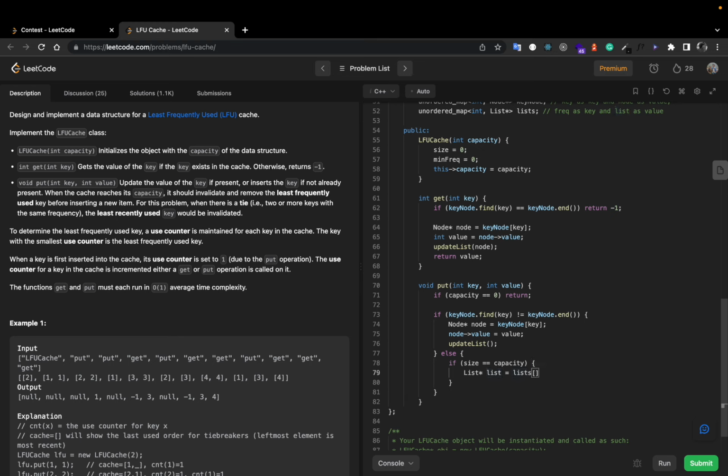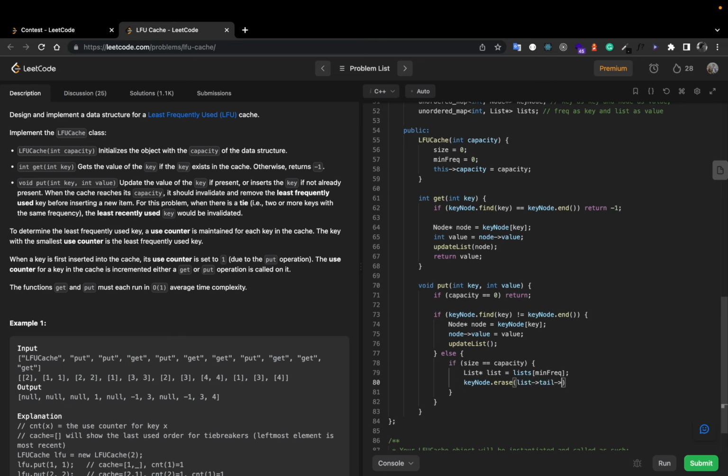It will be lists of the min frequency. Okay, and for that min frequency, what I will do, I'll just delete the node. Okay, so first of all, I'll keyNode erase the entry from the keyNode